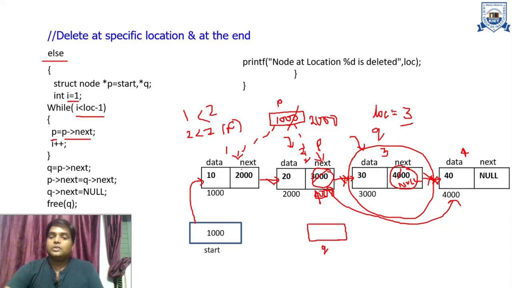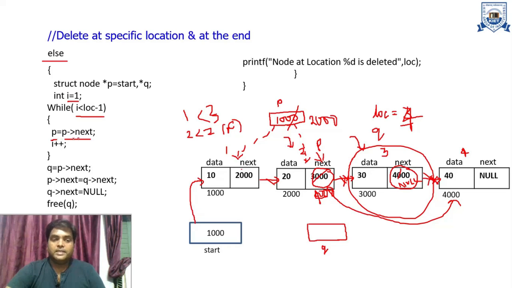Actually the same process will be repeated if we want to delete the node at the end. Okay, so let's suppose we have the same structure of single linked list and we want to delete this particular node, that means location 4 node. So what is the location? Now the location is 4. So we just repeat that particular process. Initially I is equal to 1, 1 is less than 3, because now location is what? Location is 3, 4 minus 1 is 3. So 1 is less than 3, yes, condition is true.